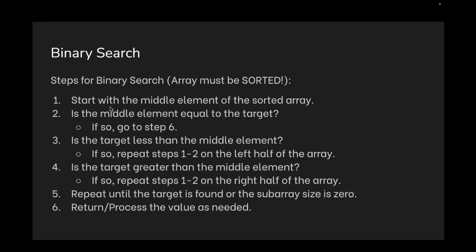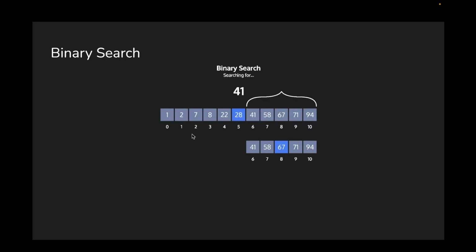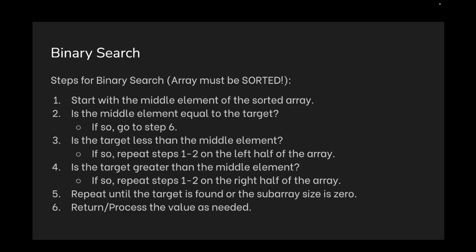Here are the steps. There's a lot of text on this slide, so let's break it down. So, steps for binary search: array must be sorted. That's the precondition. A precondition is like what you need before you execute some steps. So, start with the middle element of the sorted array. Remember, to find this, you can divide the minimum and maximum indices by 2. Is the middle element equal to the target? If so, then go to step 6. So that means we already found the value. Is the target less than the middle element? Well, then we